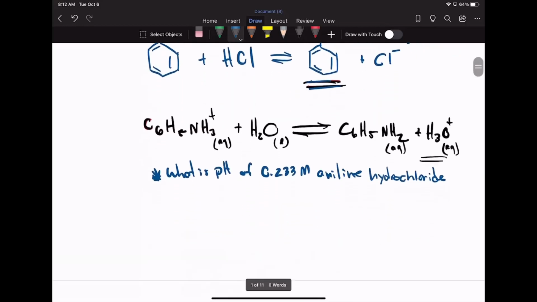Well, in order to figure out what the pH is, we're going to have to determine a couple things. We're going to need the Ka. We're going to need to determine